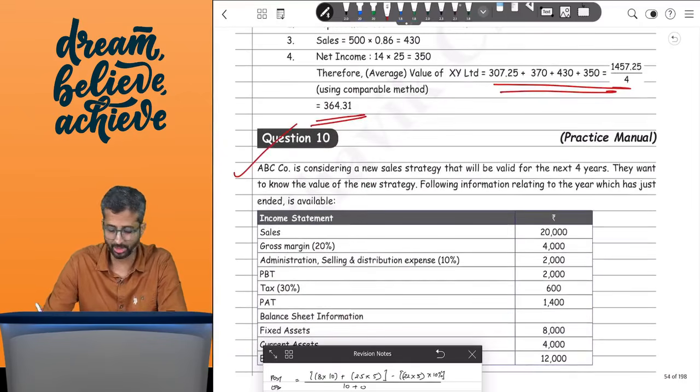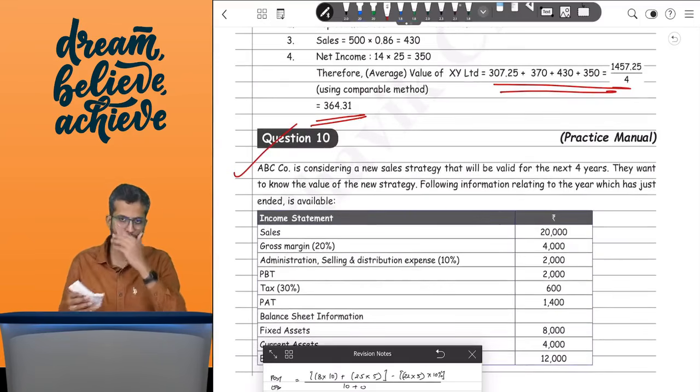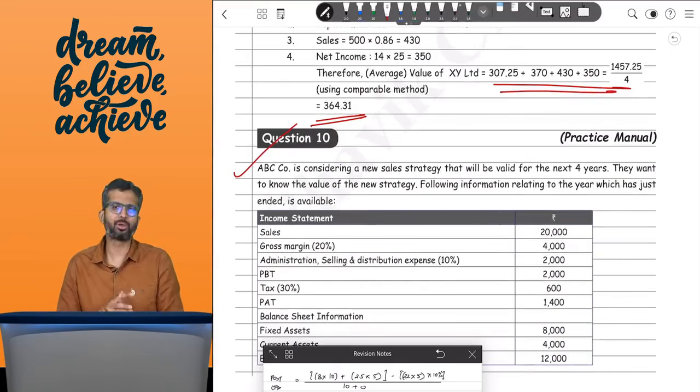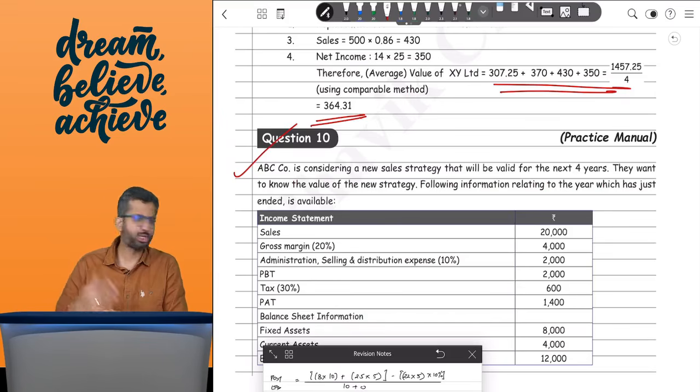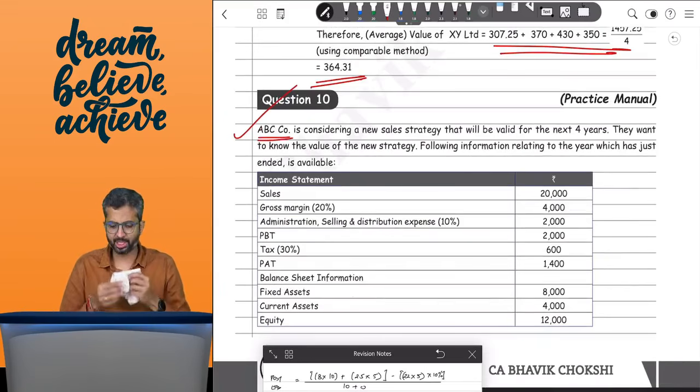Next you have question number 10. This is largely a valuation question, but can also come in mergers. A couple of similar sums are also there, so let us review this once. Now it's a different type of question. This ABC company